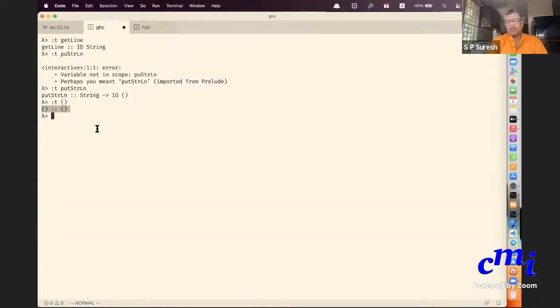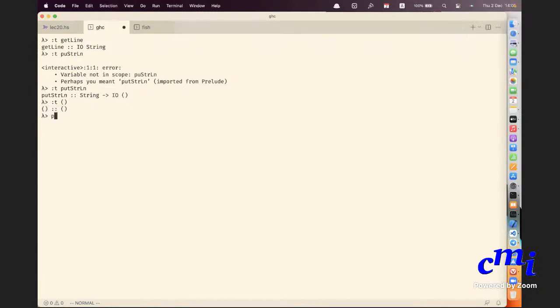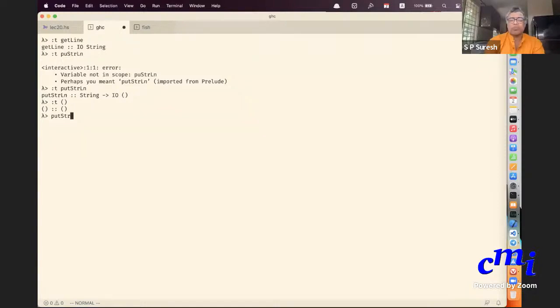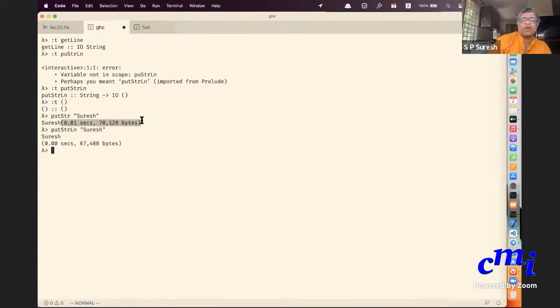Okay, fine. So we saw putStrLn and putStr. putStrLn will add a new line after the string, putStr will not. Do you see the difference? Here you're not putting any new line after that, so this diagnostic message comes immediately after, but here you have a diagnostic message that comes on the next line. You can also have putChar, which will put a single character on the screen. See, it has put the character C on the screen.